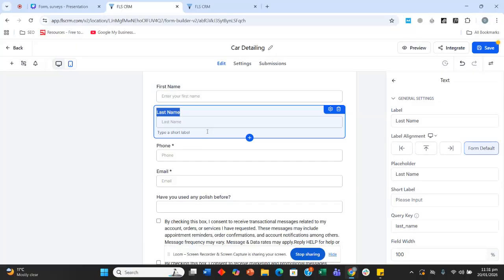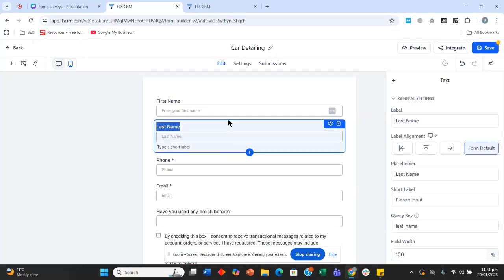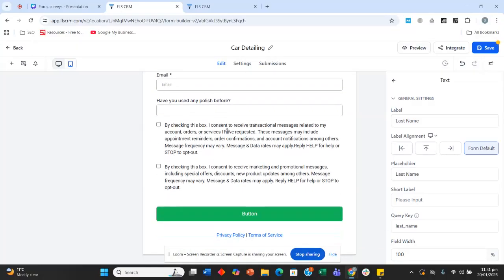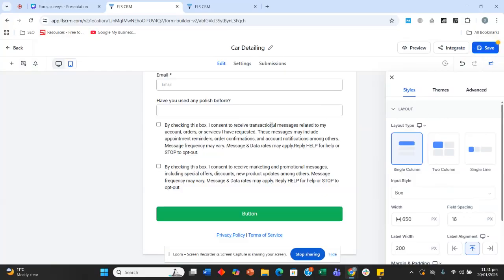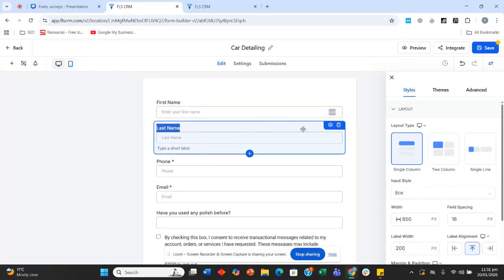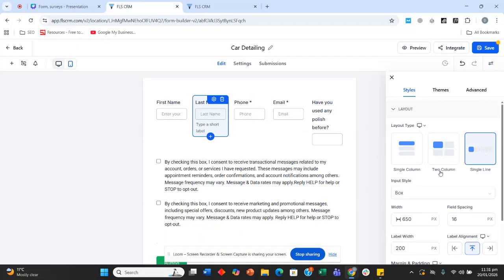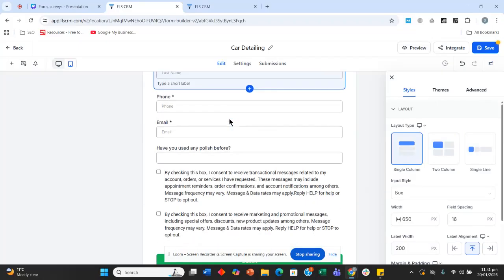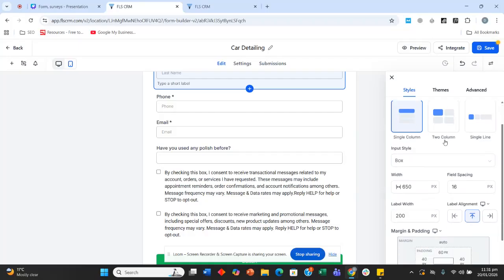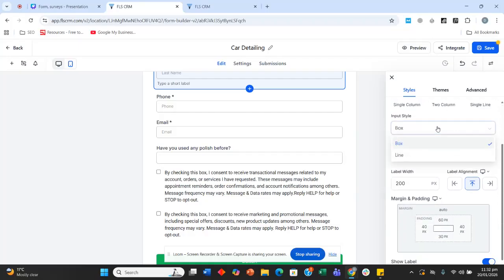Now, there are other things that you need to know, like styles and options, how you want the form to appear. Is it a two-column form that you are going to build, or a single column? A single column one looks pretty great. Then there are input boxes like